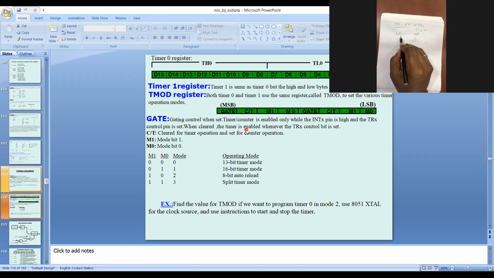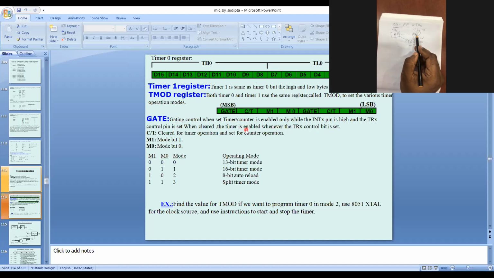This initial value is stored again in TLX. It is stored into THX, which is nothing but Shubra, and it is automatically stored into TLX. From TLX, it will be increased one by one up to FF.